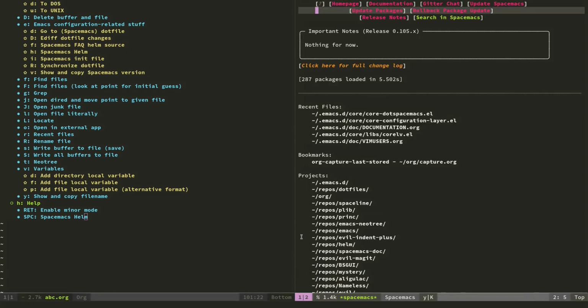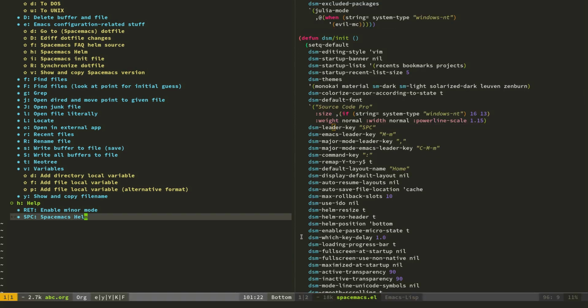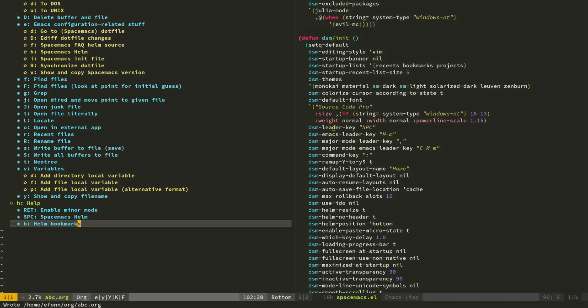I guess it's the same list as what you have here, which I really should learn to use more, I think. But okay, that's on my to-do list. So Helm bookmarks, Space H,